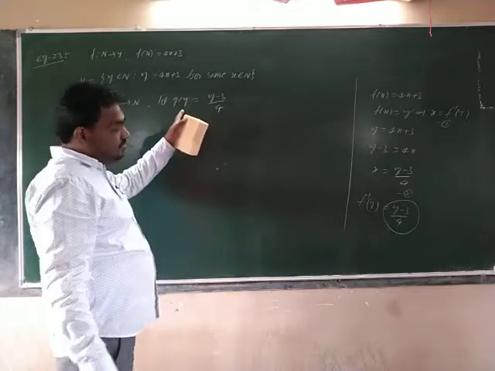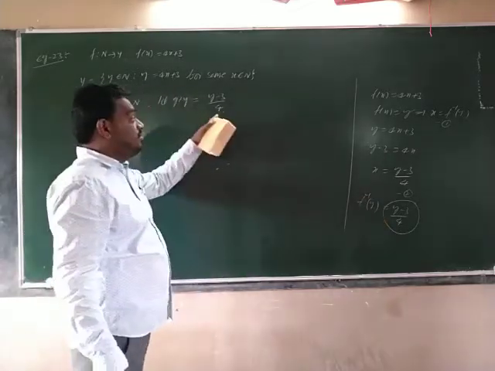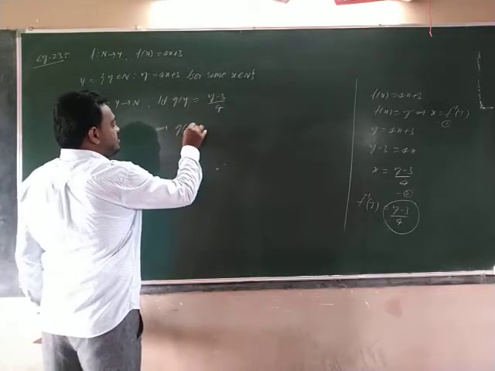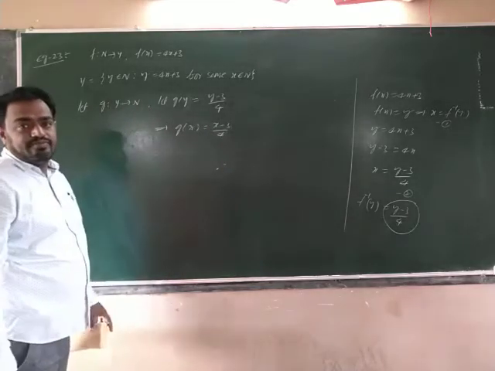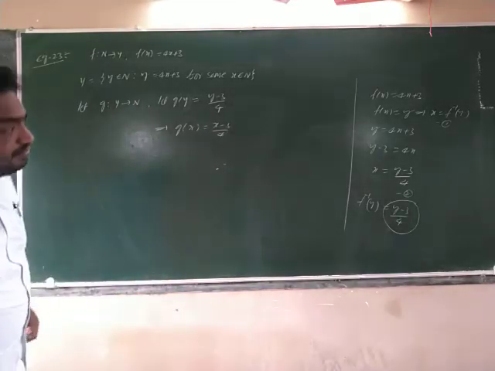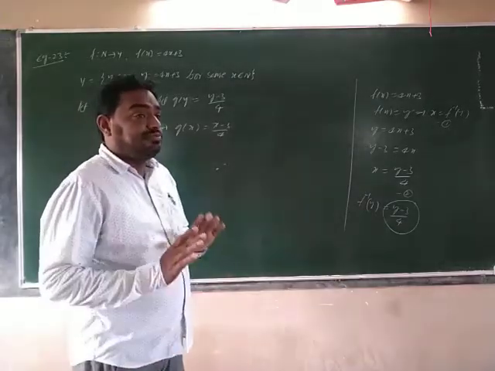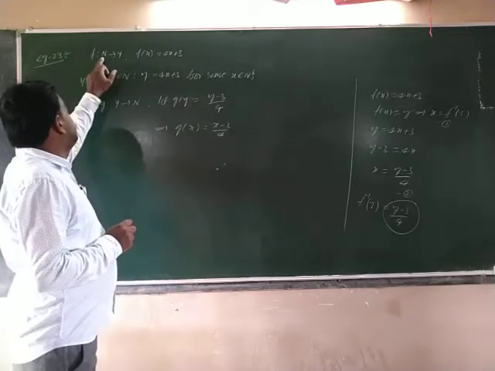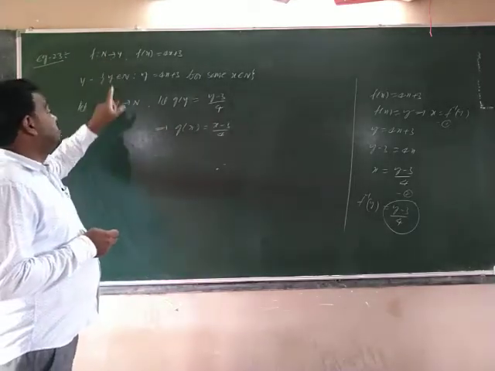So here we got it in terms of y, so in terms of y we will write. From this, if we replace y by x, what are we getting? (x minus 3) by 4 we are getting. Right? Now, don't get confused, it is very simple. What is given? f is a mapping from N to Y. You assume g is a mapping from Y to N.